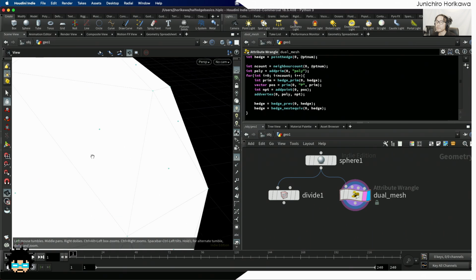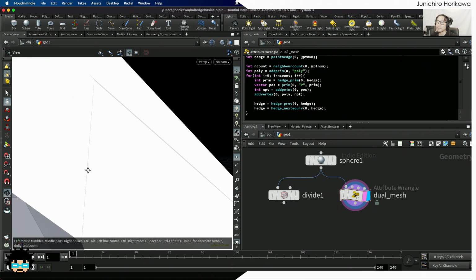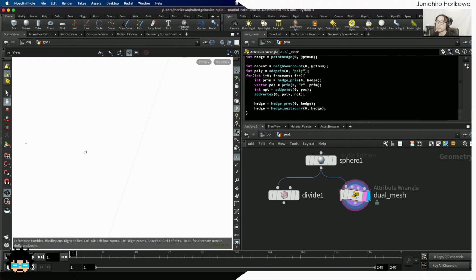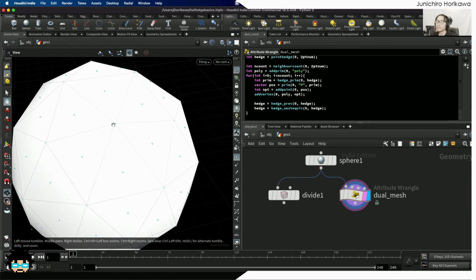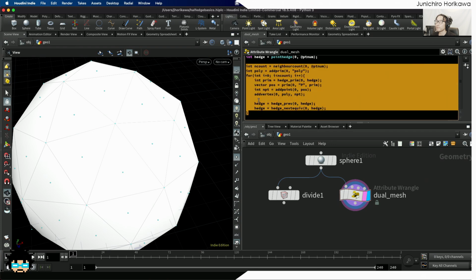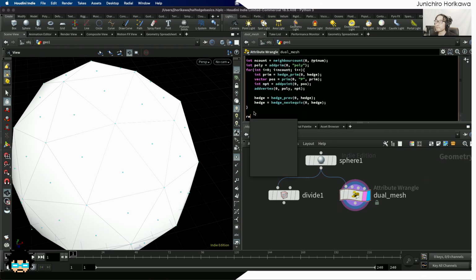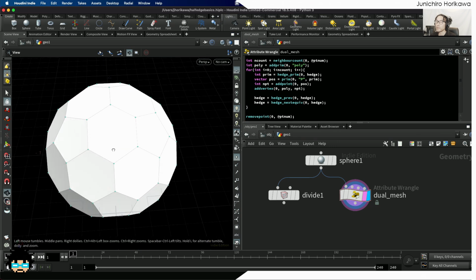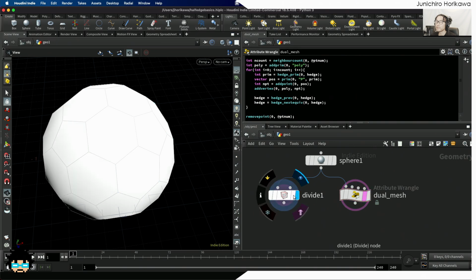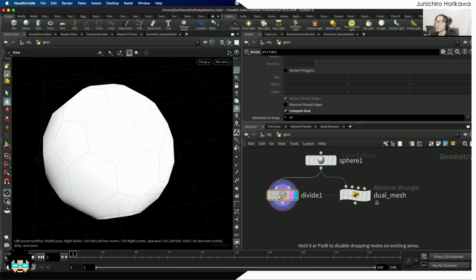Now as a result, all the points should have been connected to create one polygon. It's a bit hard to see because it's inside like this. So now I think the polygon has been created. What we can do next is to remove all the unnecessary points after doing all those operations. So we can say remove point, remove the current point used as the guide. And voila, as a result, you get a dual mesh, just like you get out of this function, out of this node,